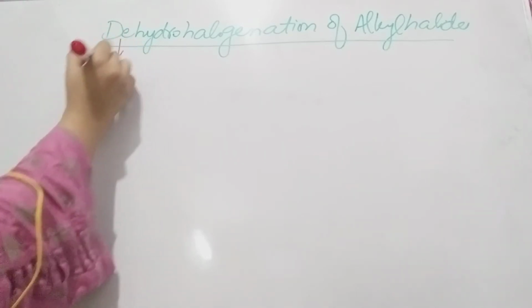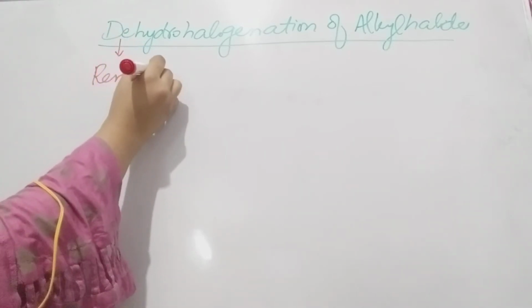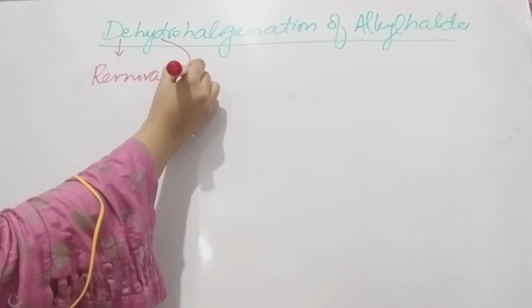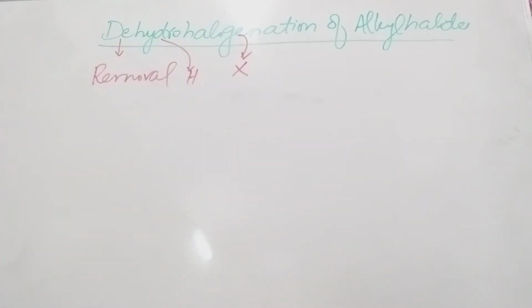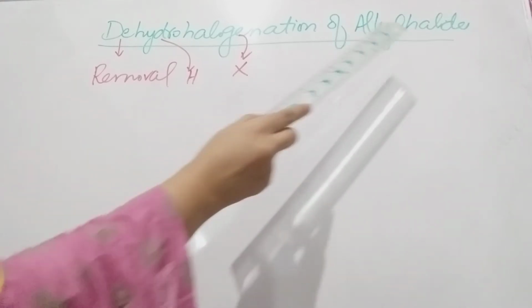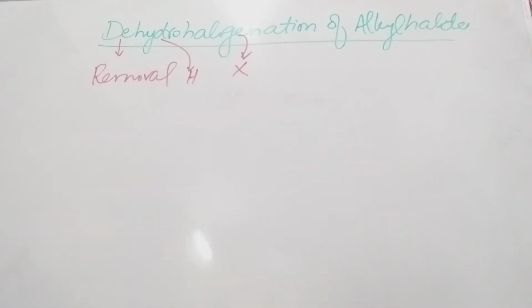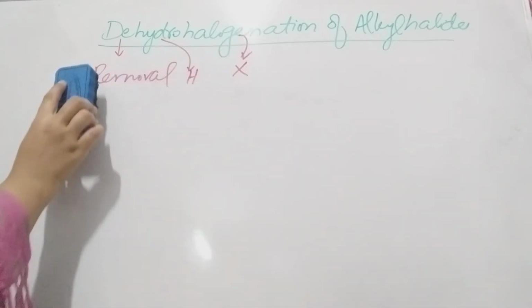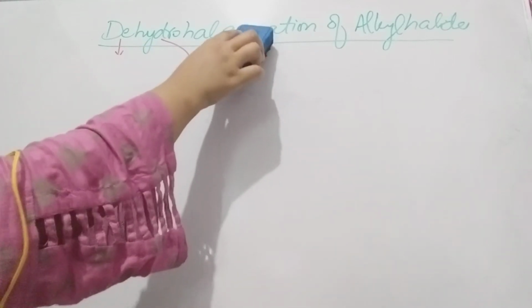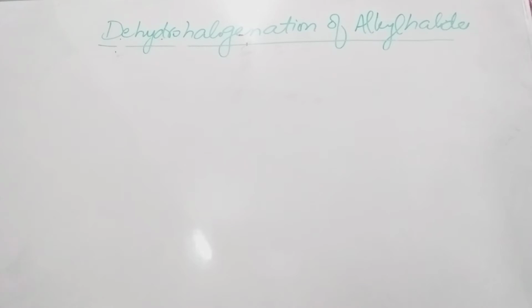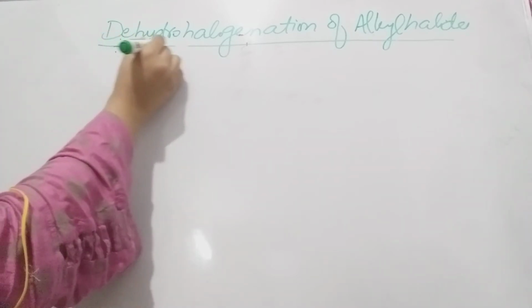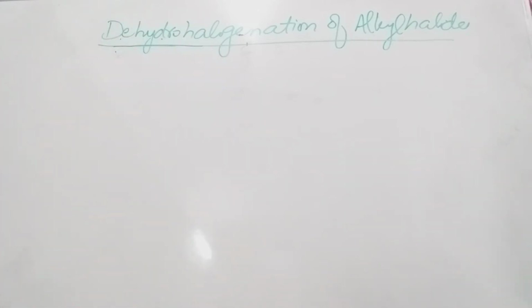Today we will discuss dehydrohalogenation and what this means. De means removal, hydro means hydrogen, and halogenation means halogen. At the same time, if we remove hydrogen and halogen from an alkyl halide, it will result in the formation of an alkene. So this reaction is basically for the preparation of alkene, and here we will describe its mechanism